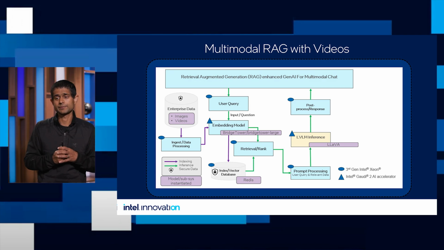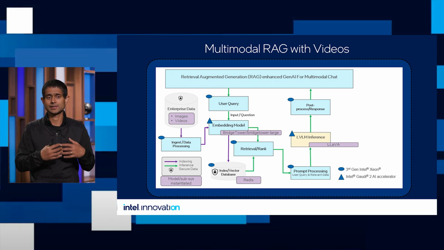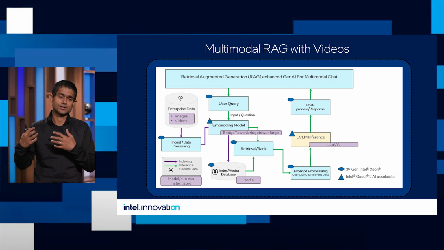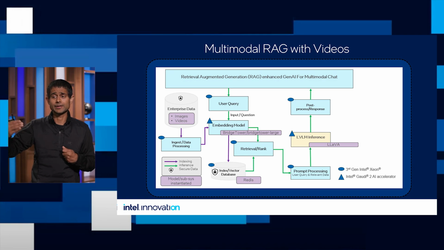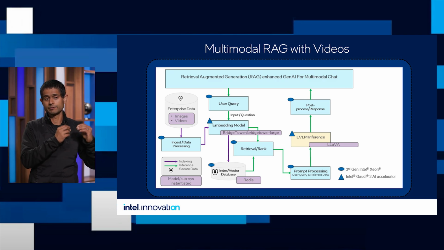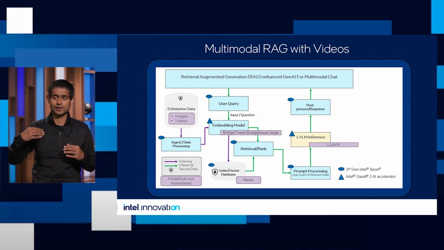So first, if we have enterprise multimodal data that consists of images or multimodal documents, we ingest these documents using our embedding model to populate a vector database. Then if we have a user query, we again process the user query through the embedding model, and we'll retrieve a video segment that can best help answer the user query. Then this retrieved video segment is given to our large language model, which is implemented by LLaVA, to help answer